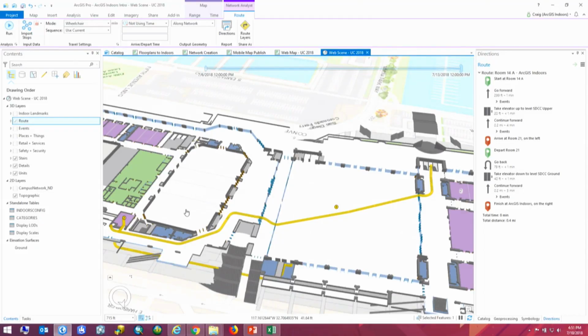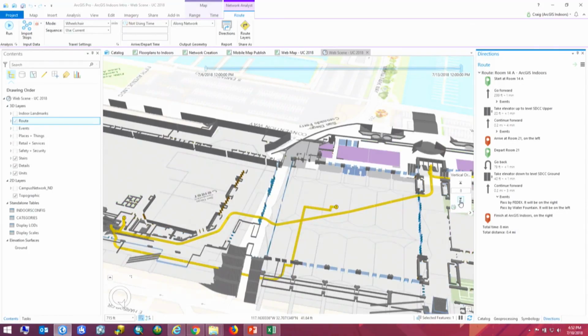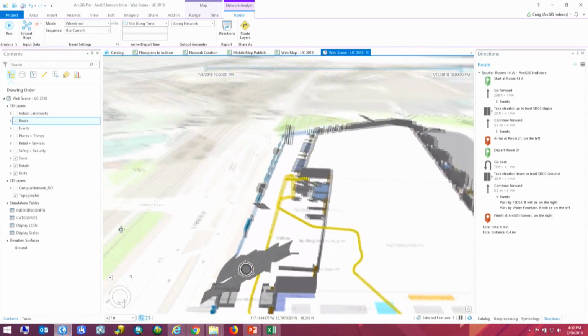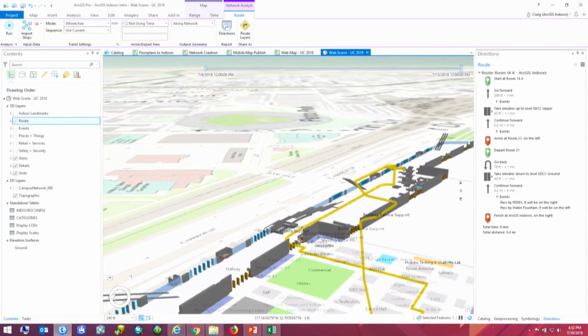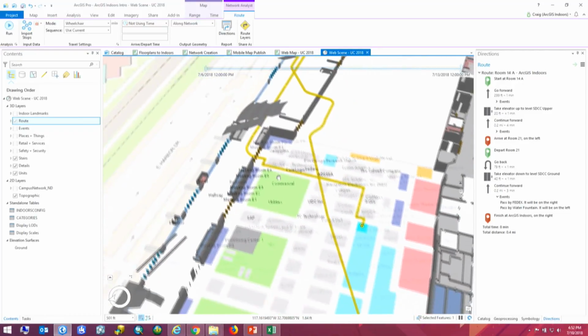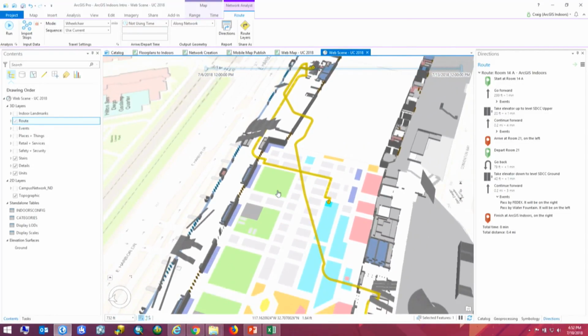But this is not a new discussion. Certainly ArcGIS Indoors isn't the first one to think, do we want to use live services? Do we want to use data on the device? So I think we can almost have a conversation at the next level up as well: what is it that you want to accomplish and what are your main concerns? We may be able to come up with a solution that uses ArcGIS Indoors data, but there might be other parts of the platform that you can plug that data into that'll take care of what you want to do.